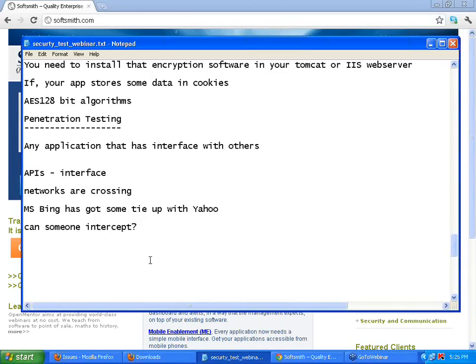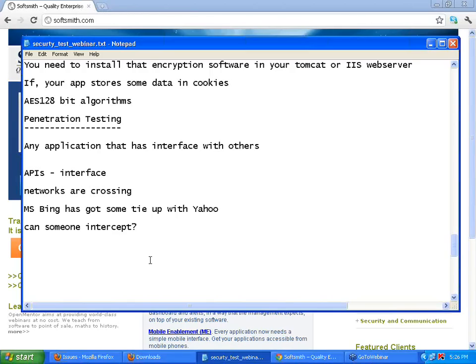Many times there are some crosstalks or distortions happening, right? Why does that happen? There is a problem where networks do cross. Some data is exchanged, and along with that data, some more data is also exchanged, which is not supposed to happen. When something extra gets exchanged, that causes a problem.